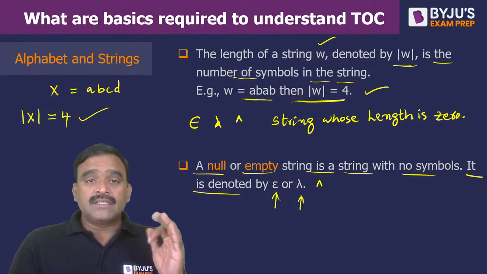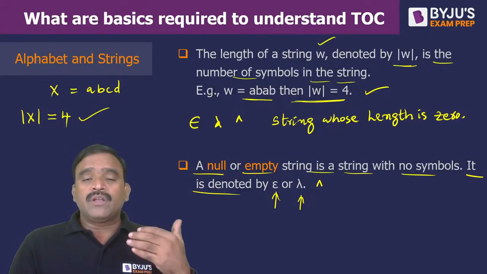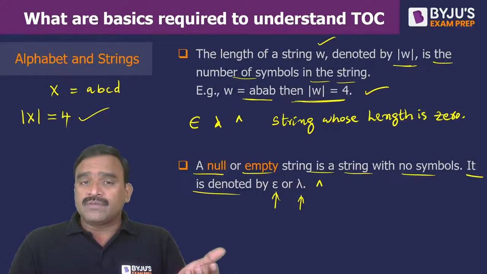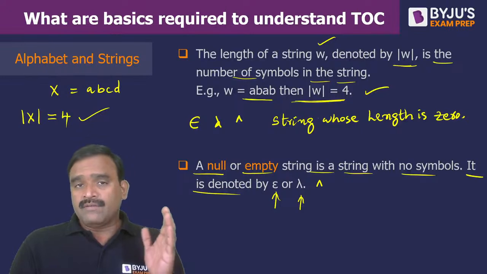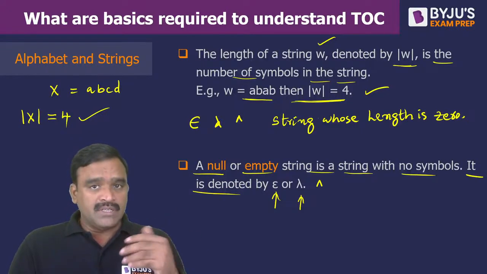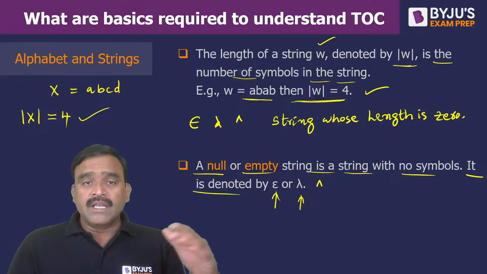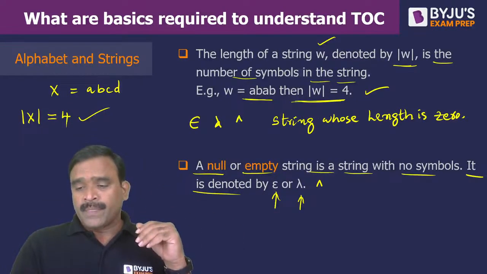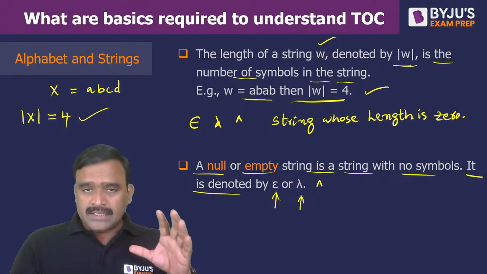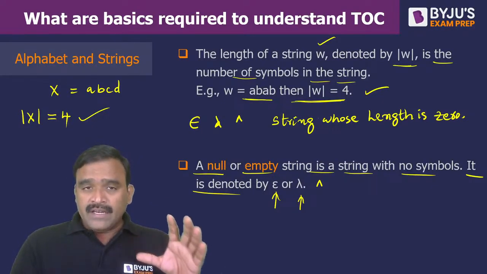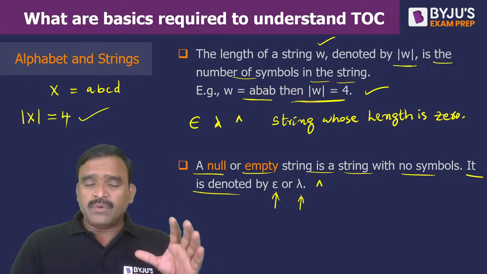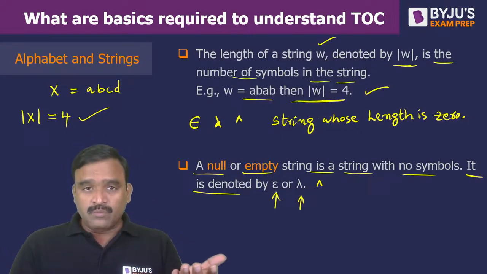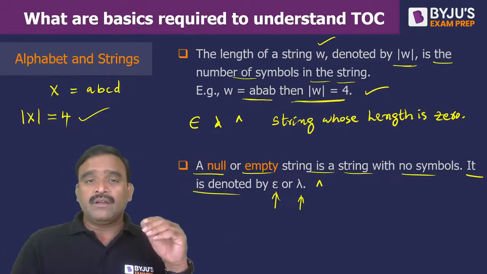The reason for that is, in the coming chapters we are going to learn about designing of machines for the languages, or designing of grammars for the languages. If you do not know what the valid strings in a language are as per the definition given, and what the invalid strings are, it is very difficult to construct the abstract machines, or you can say grammars. So that's the reason one should understand in detail the validity of strings in a language. That is the most important, and also the different notations we use for representing a language are important. Different textbooks will follow different notations.